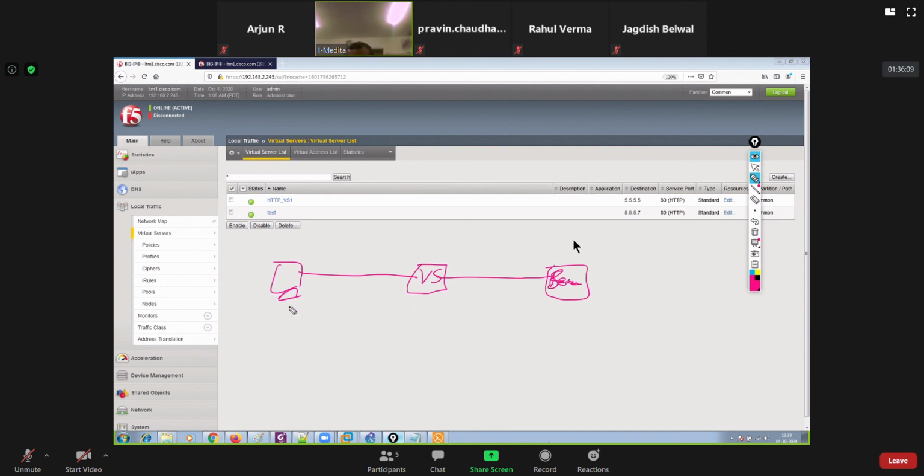In this segment, the remote address will always be your client IP and the local address would be your virtual server IP. That you should always keep in your mind. The remote port will be the user's source port number and the local port will be the destination port number of the packet that the virtual server has received from the end user. So that's how you should read it, right?